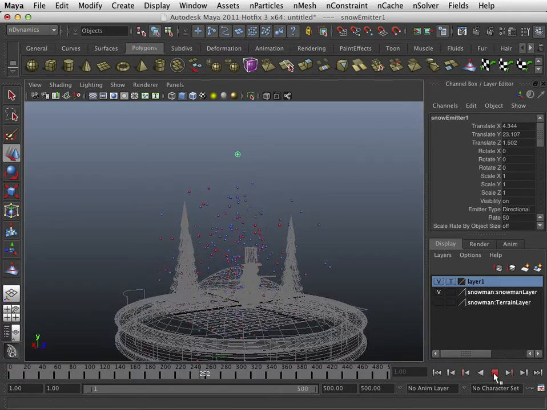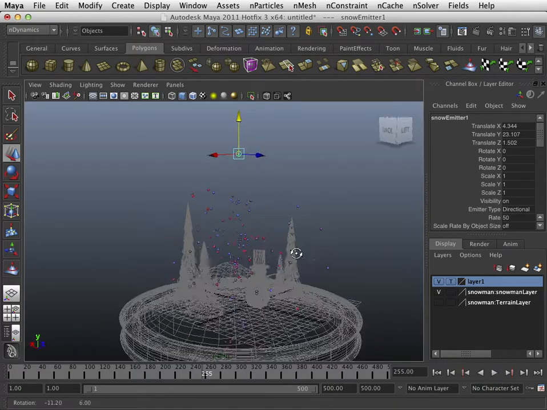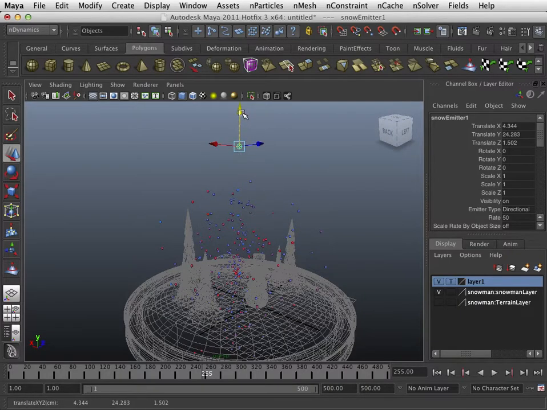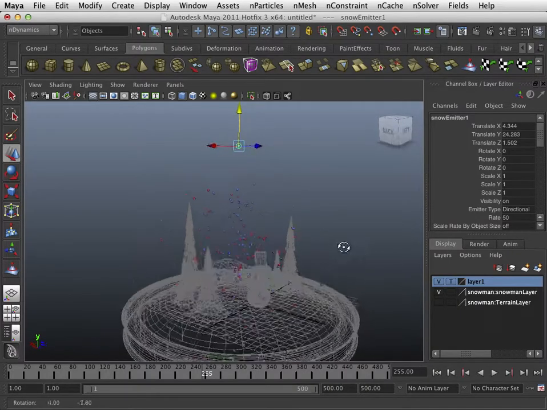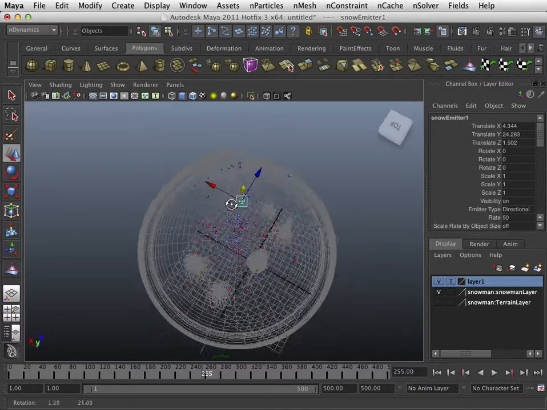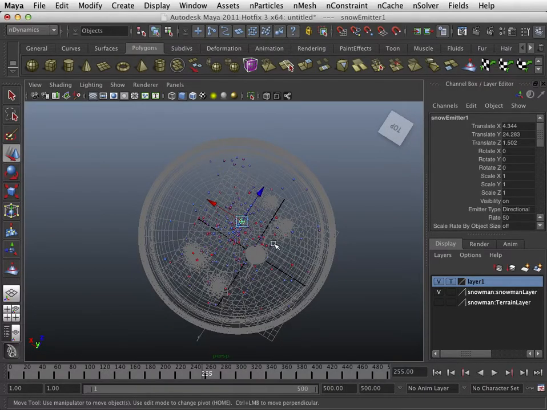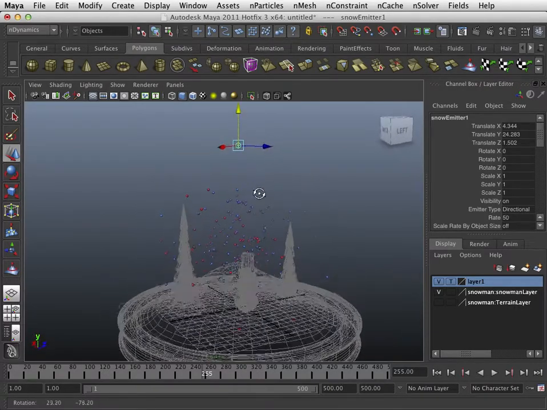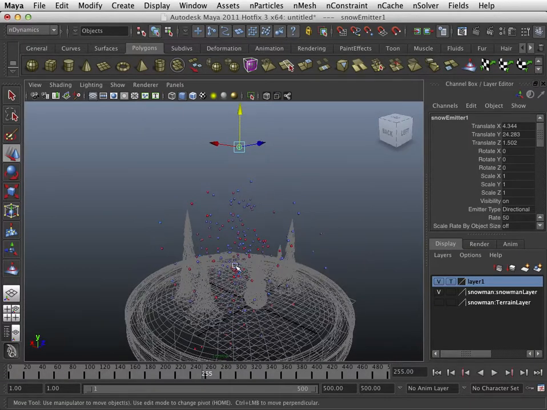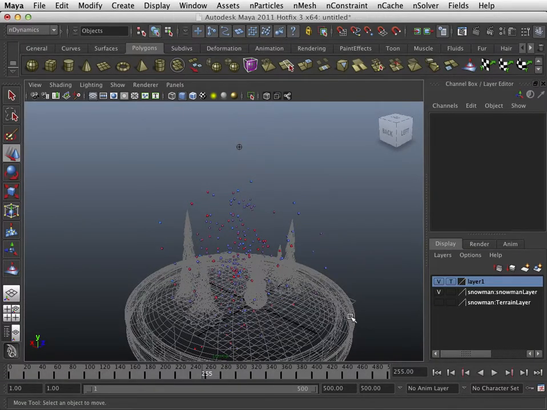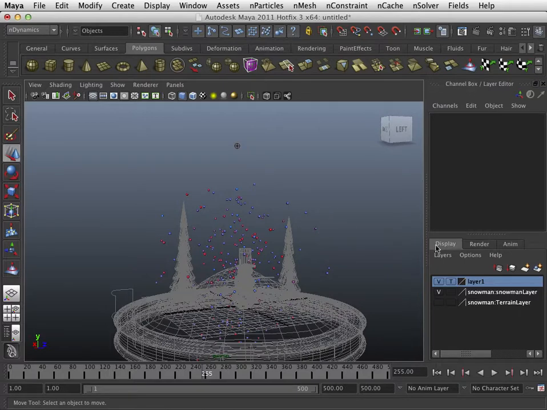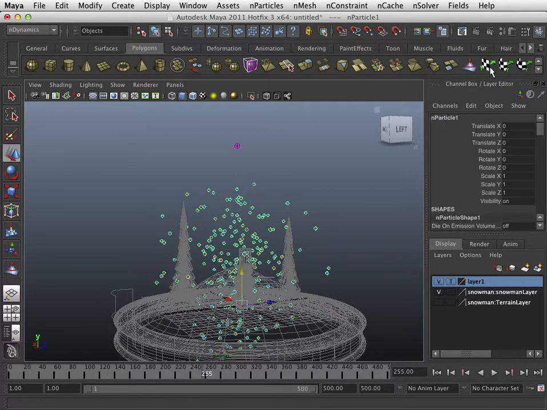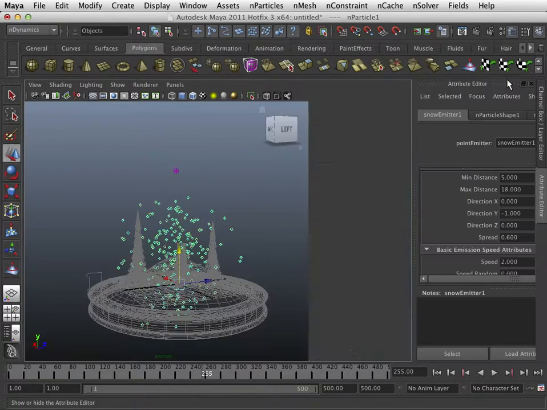Alright, so now that we have the snow falling at a decent rate, I wish I could bring the whole scene forward some, but I have my hill back here. Anyway, I'm just going to leave it. Alright, so select my particles,